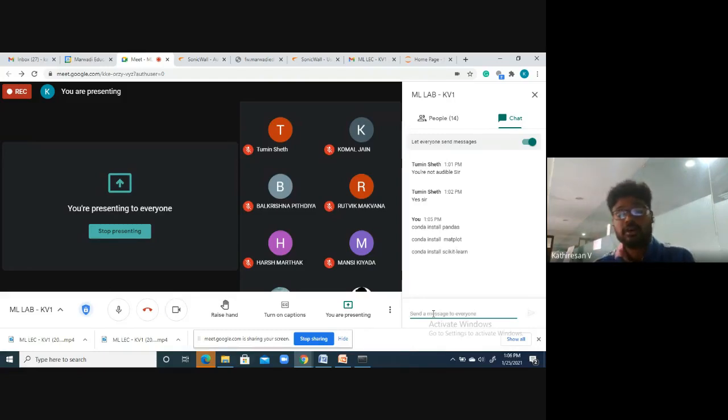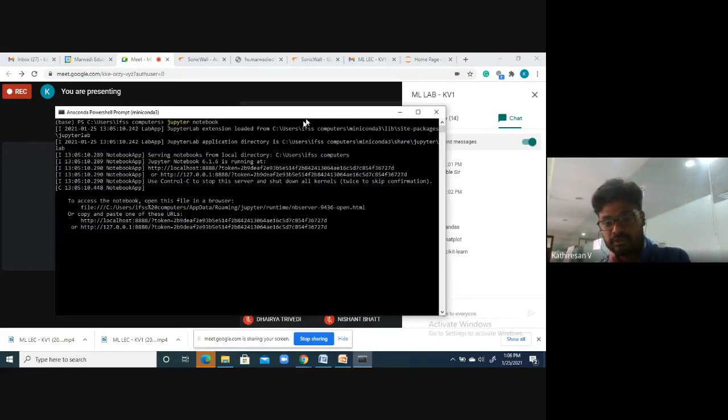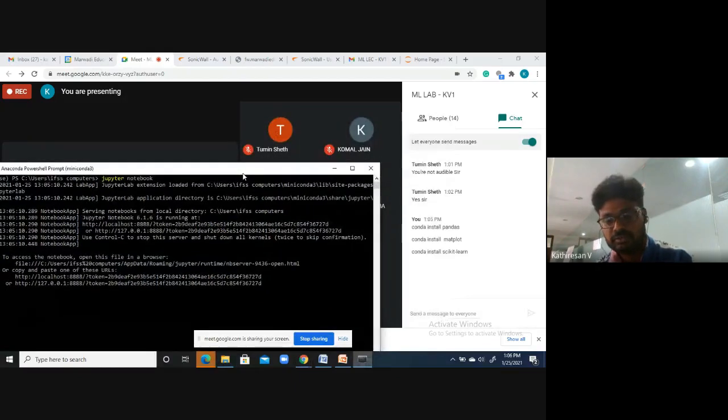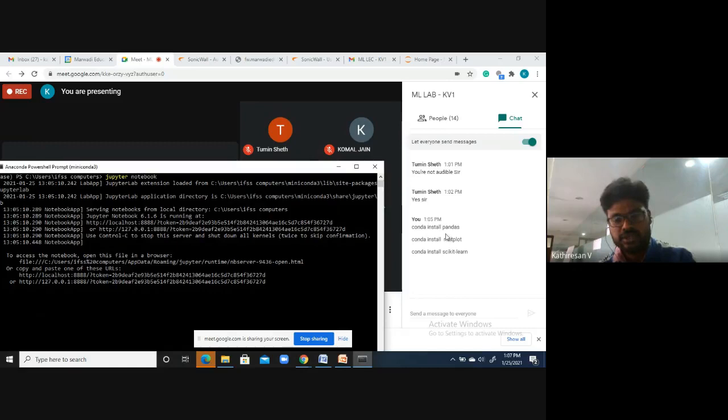If you're using Miniconda, you have to open PowerShell and execute these three commands one by one. You have to install pandas, matplotlib, and scikit-learn. Pandas is used to deal with the data, matplotlib is essential for plotting, and to do linear regression and machine learning algorithms, the scikit-learn library is essential. If these packages are already in your machine, then no need to worry about that. You can directly get into the code.